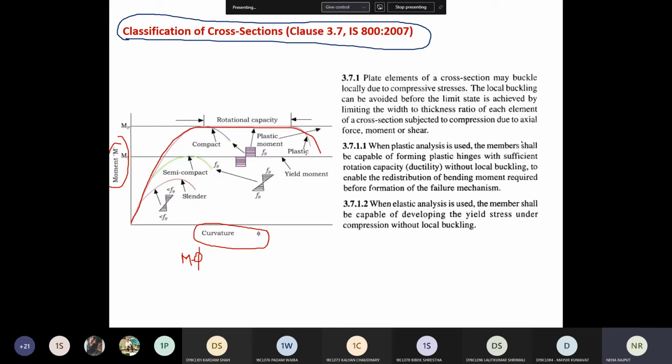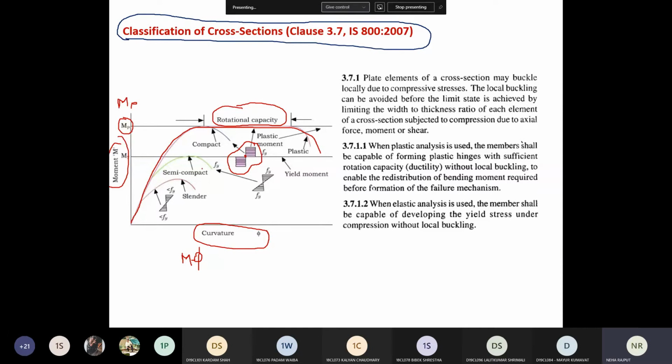And in the plastic section, the stress distribution will be done this way. Here there will be the plastic hinges. Right. So the rotational capacity is maximum in the plastic section. And this is called the plastic moment, MP.